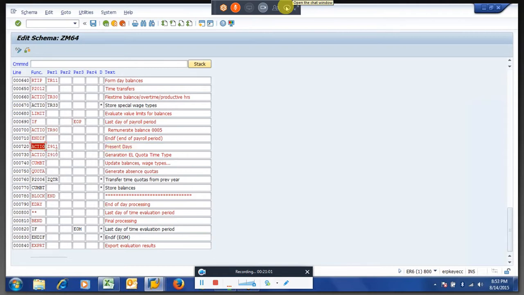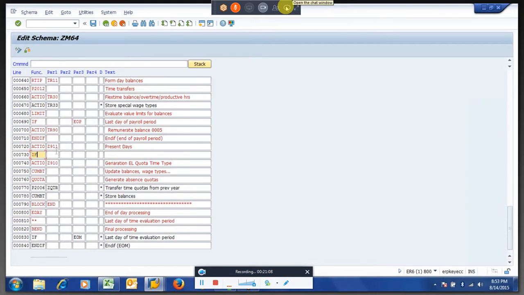What I will do here is insert a line. I am putting some if else condition. If, and I am going to write a rule called Z912, which is the continuation number, and I am giving check probation date.